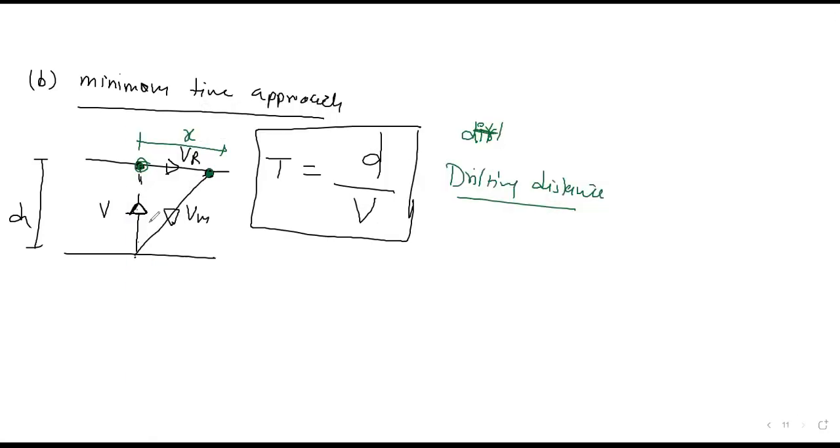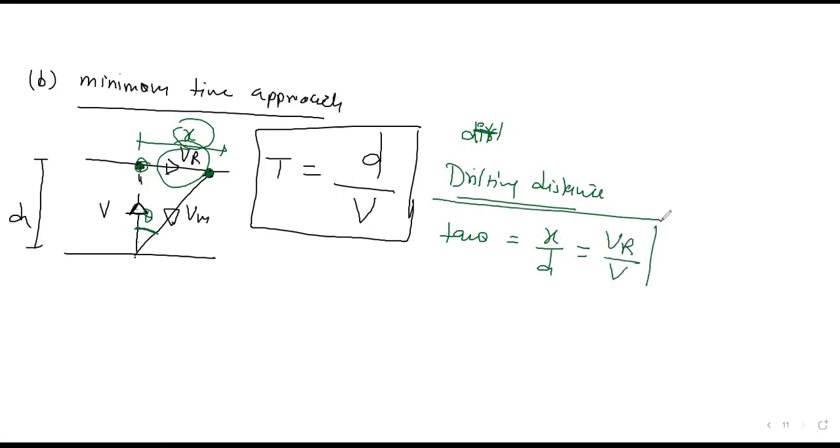This angle, suppose theta. Then you can write tan theta in this picture. What is tan theta? Look here. One, you can write in terms of this x and the width of the river: x by d. You can also write in terms of these velocities, vr and v: vr by v. So from here you can find your drift x. How much you got drifted?